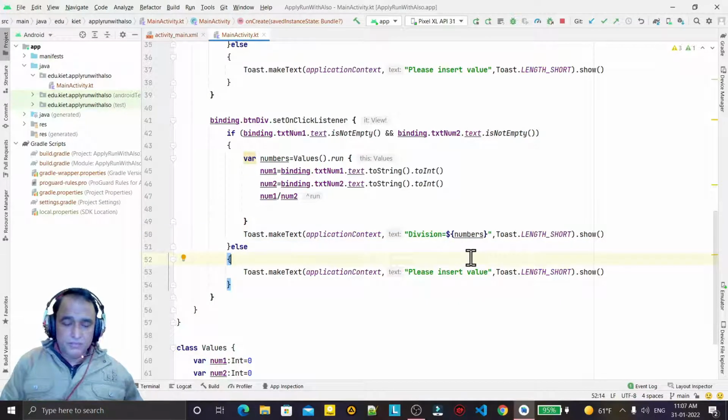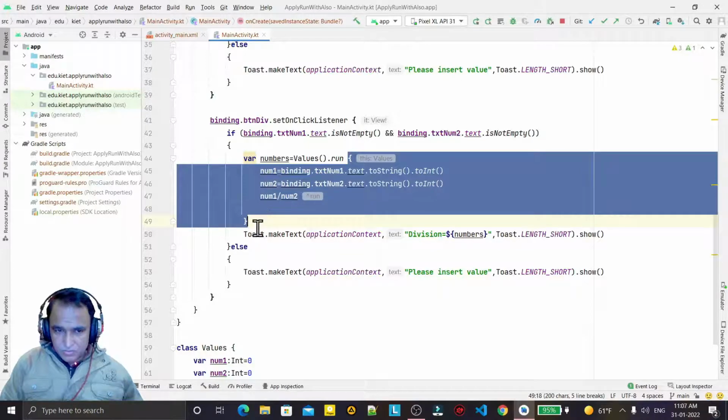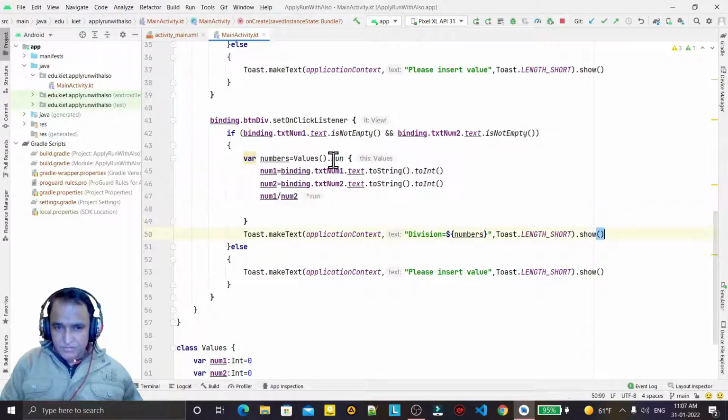Remember that I cut it and paste outside of these brackets, means outside of the run I print the toast, and here I write the last line. So this last line result will go to this number and this number will display here. The same thing, but it is not in apply, it is only in run.